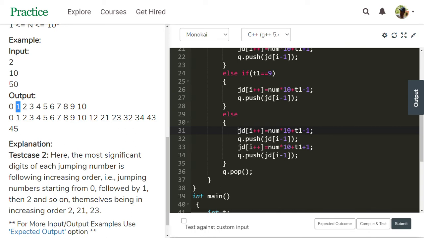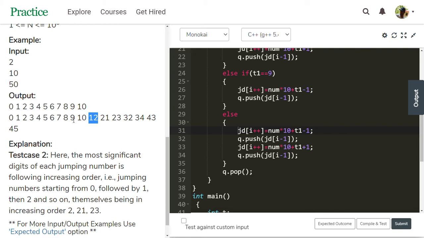Then the value is 10. 10 is added into the queue. The same way, JD i plus plus equal to num star 10 plus t1 plus 1. So 1 into 10 is 10, plus t1 which is 1, plus 1, is 12. 12 is also pushed into the queue.